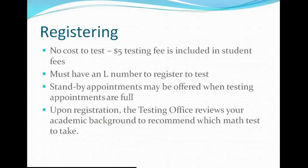There is no cost to take the placement test, and you must have an L number in order to register to test. When registering to test, you may be offered a standby appointment if all appointment times are full. Standby appointments are not guaranteed test times. If you make a standby appointment, you will be able to test if another student does not show up to